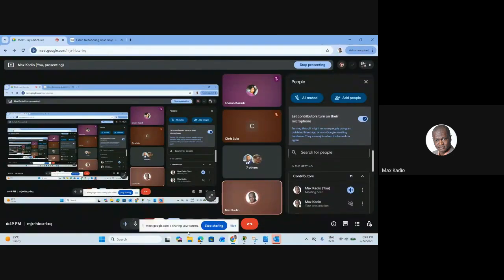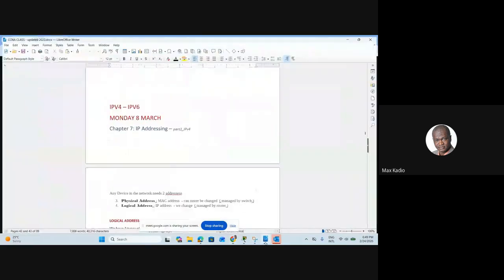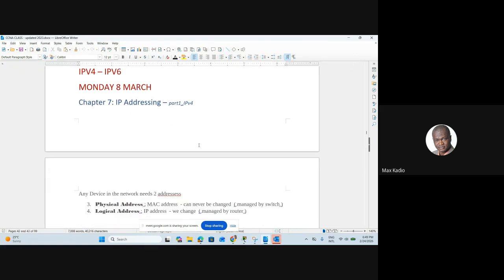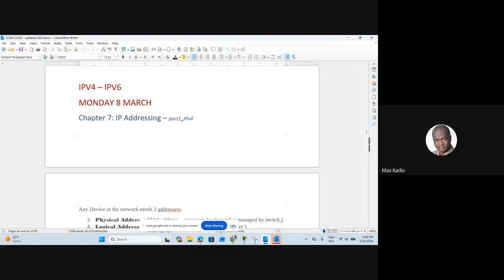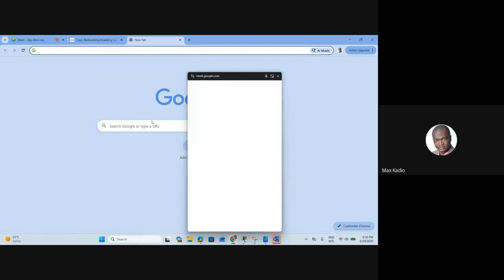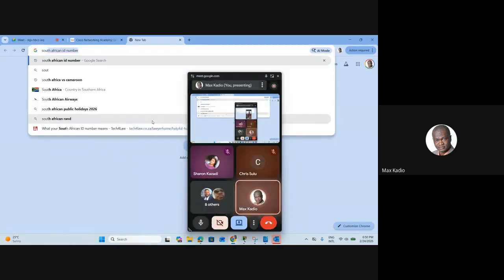Okay, so today is about IP addresses. As you know, an IP address is like your passport number to identify you. So, for example, if I go to South African ID,